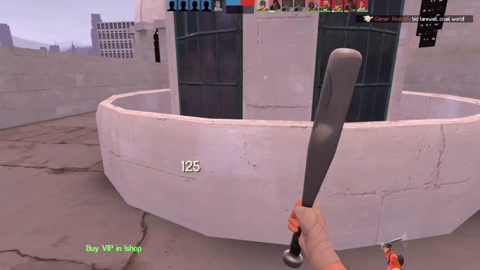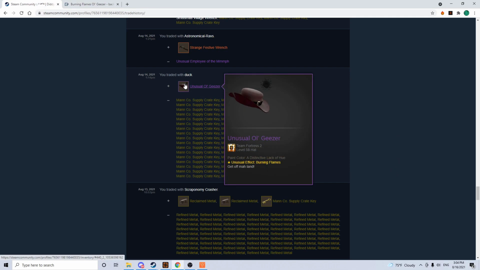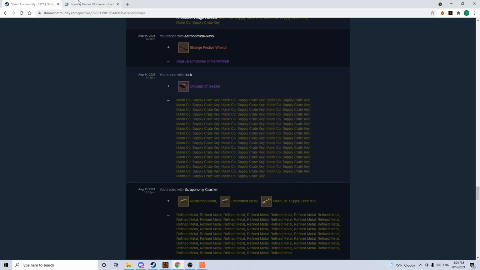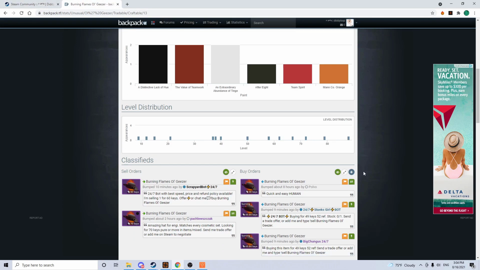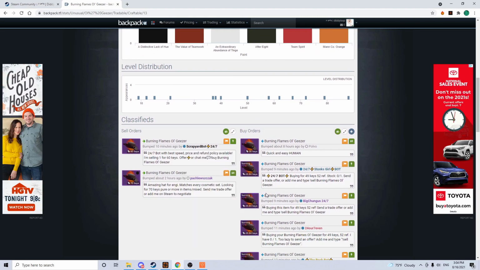Let's get into our first trade. All right, guys. So for the first trade of this series, I bought a Burning Flames Old Geezer for 50 keys pure. At the time, the buyers were a bit lower. I think they were like 49.3, but this bot was still here, so I didn't really want it. But he said he could do 50, so I mean, for Burning Flames Old Geezer,